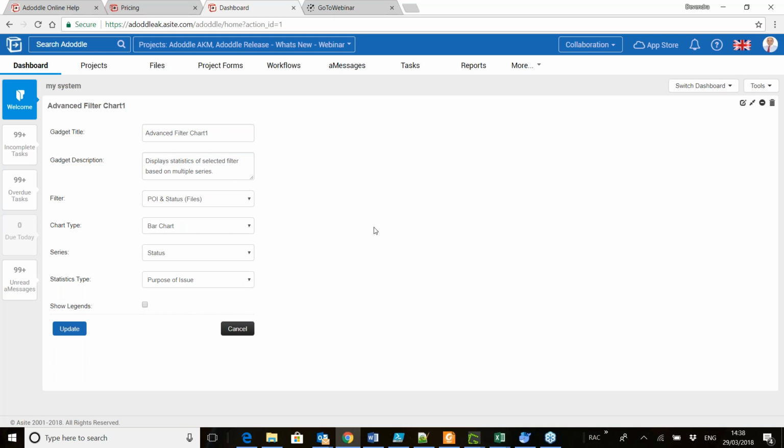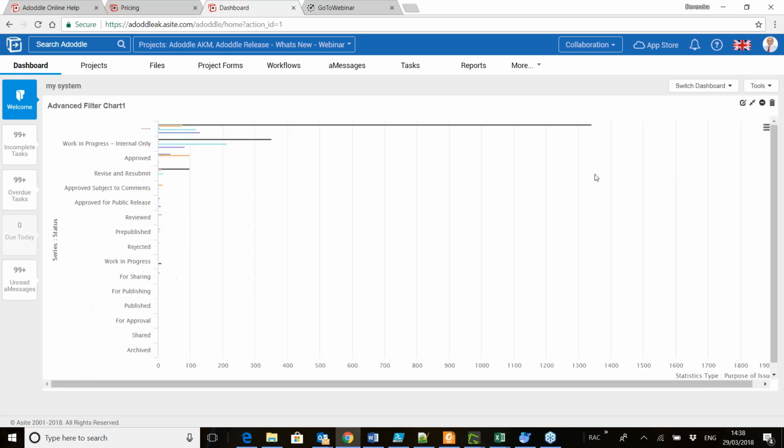So if we go back into my area, here I can see that when the status is work in progress, there are 452 files where the purpose of issue is for information, or there are 336 files where the purpose of issue is draft, and there are 169 files where the purpose of issue is record. I can